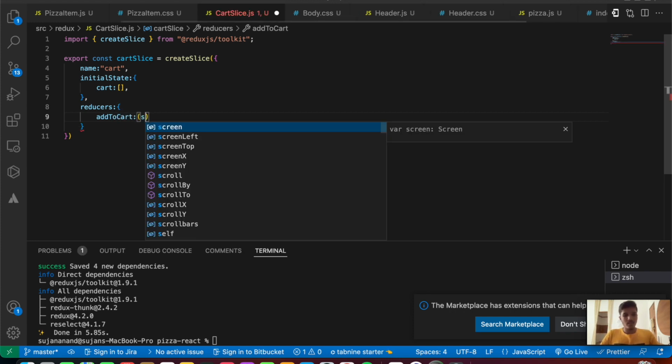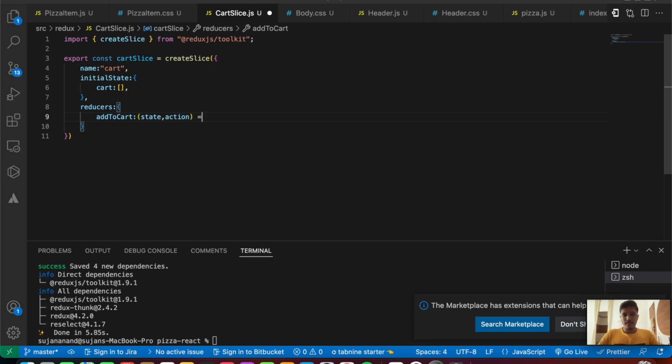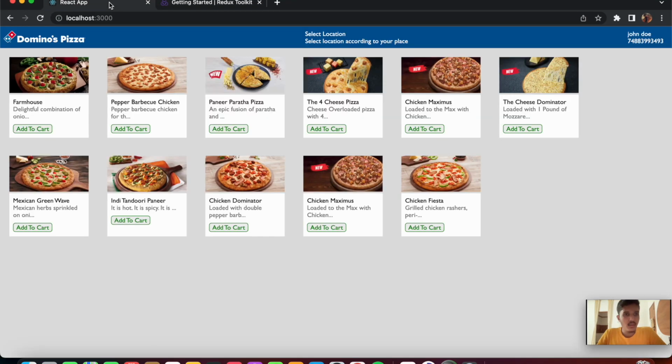So it's going to take in our state and action. Okay, and yeah, so firstly let's discuss how we can write the functionality for add to cart. Okay, so if you check out our UI over here, we have our add to cart button. If a particular product is already added into our cart, and again you press on the add to cart button, in that case we are just going to simply increase the quantity